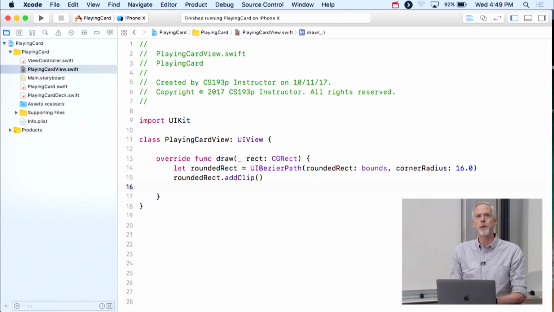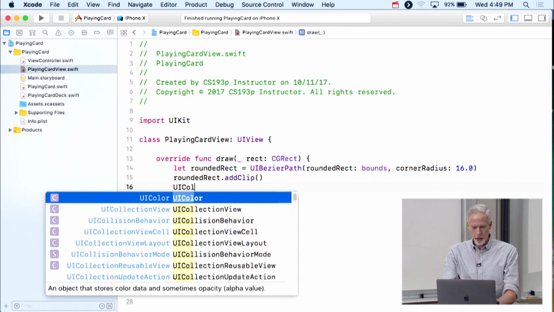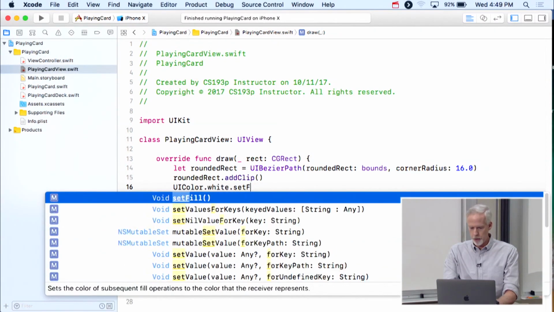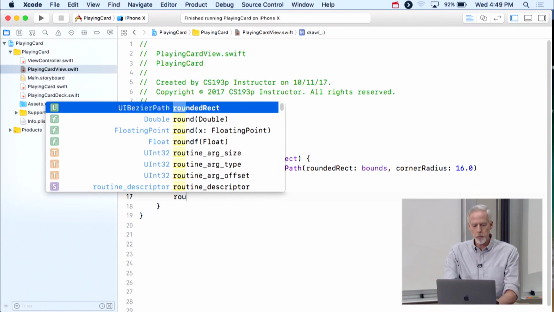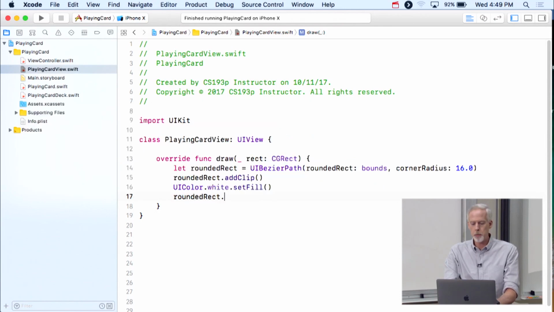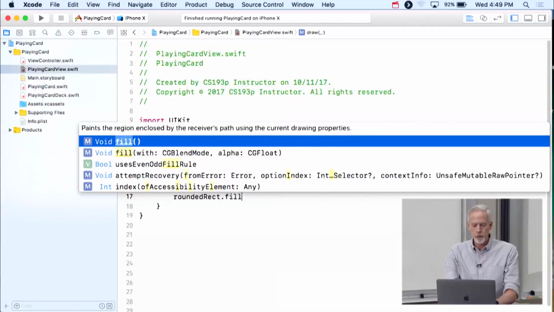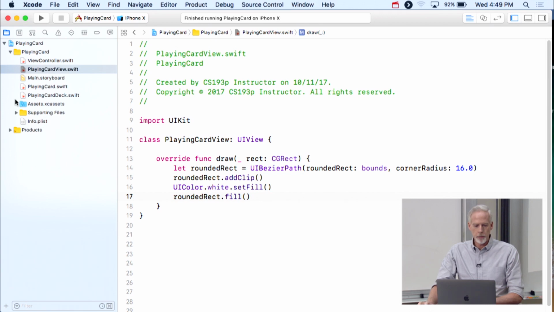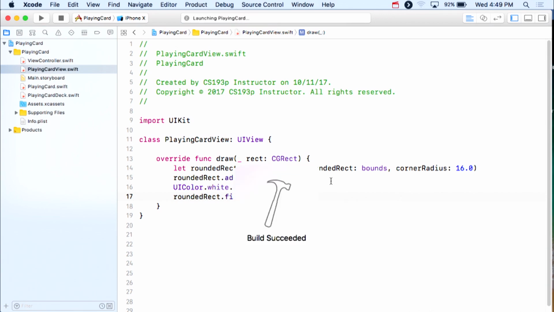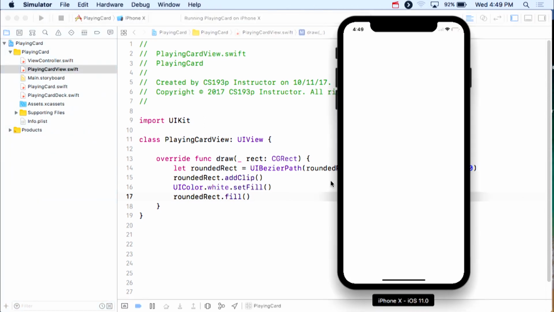You see why you want clipping? So here I don't care so much, but I just want to show you what it looks like to call that. Now I want my card to be white, of course, so I'm going to say UIColor.white.setFill, and then I'm going to fill my rounded rect. Okay, my rounded rect is just a Bezier path, so I can say fill. So let's run and see if this worked, because now, hopefully, we should have a rounded rect for our card,